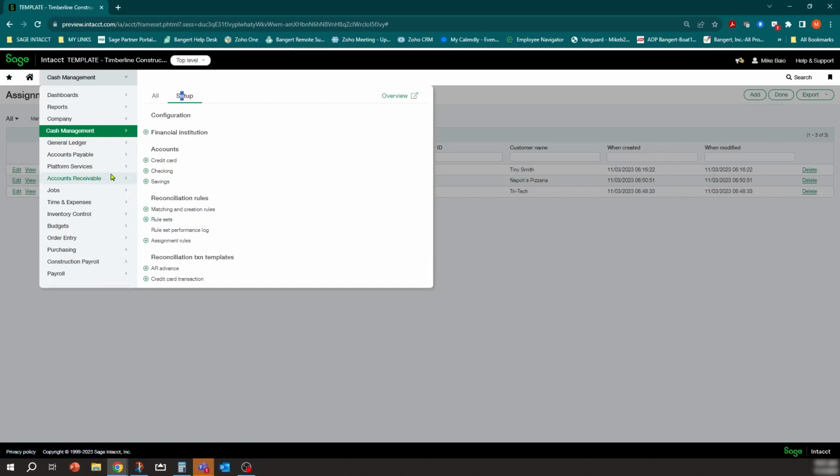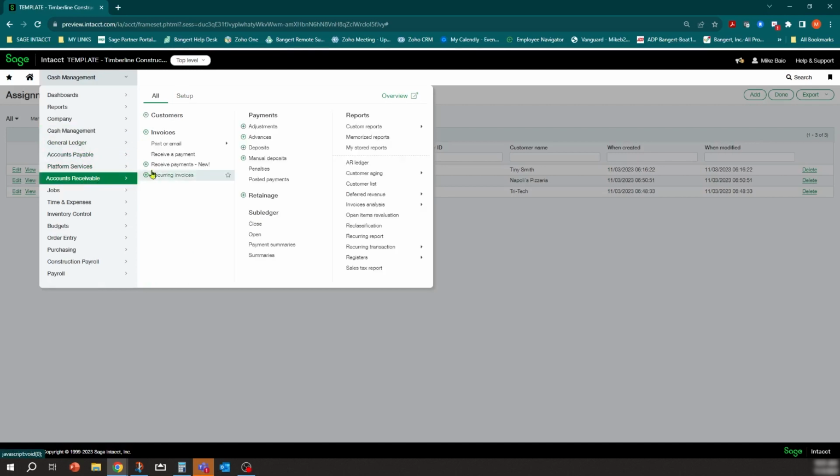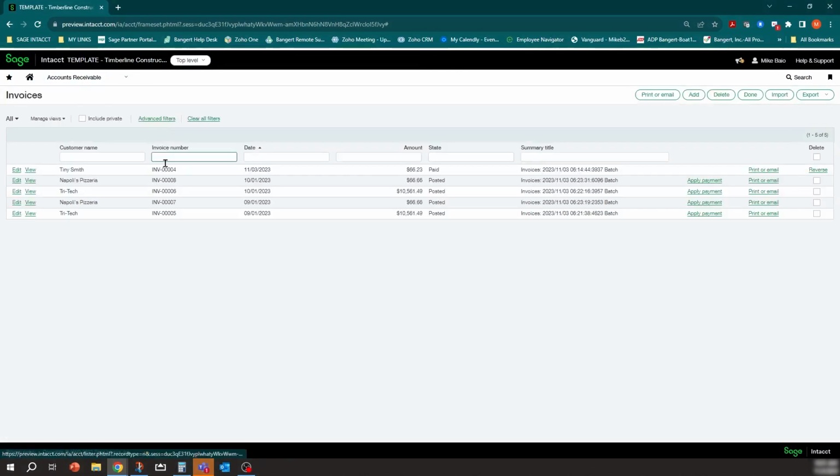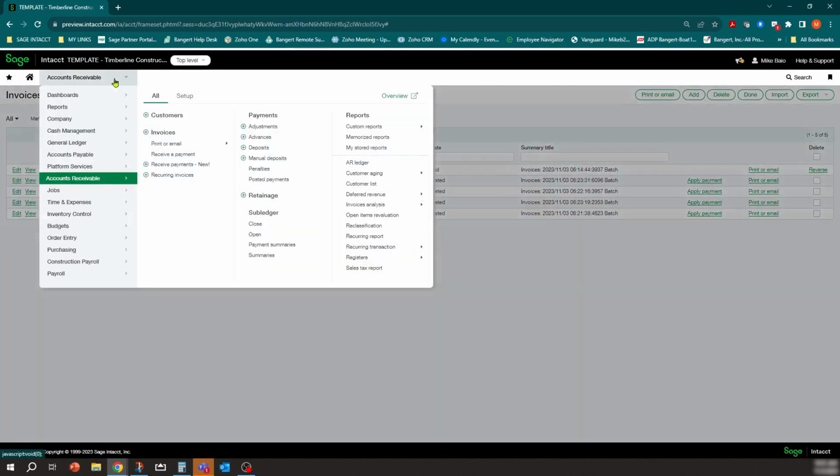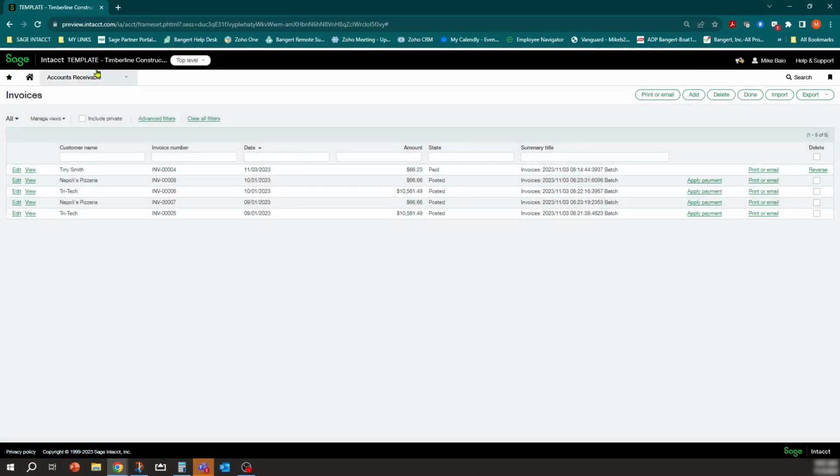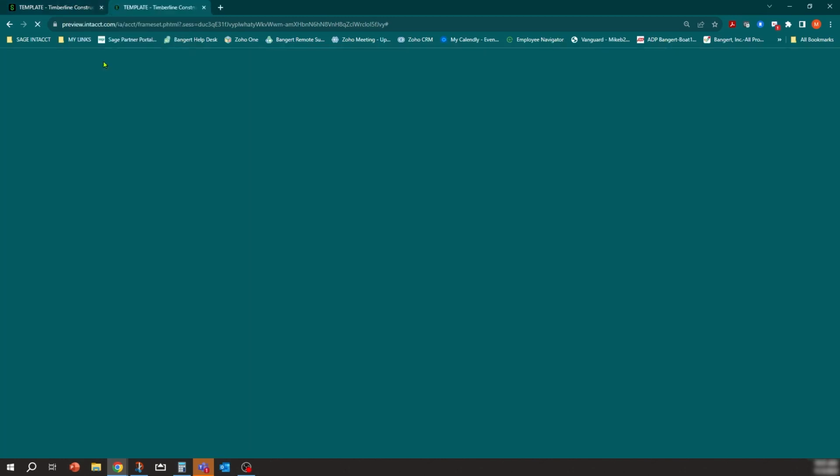So the next step is to apply them to any outstanding payments automatically. So if we go over to accounts receivable, look at my invoices, I do have some invoices in here for this. You'll see one of these is already paid, and there's a couple invoices in the system for TriTech and Napoli, and they're outstanding. You can see I can apply payments here, but we do have some receivables, invoice 8, invoice 5, September and October. So if I go ahead, actually, let's do this. Let's leave that open and we'll duplicate here.